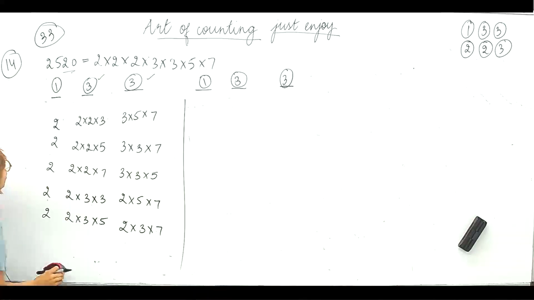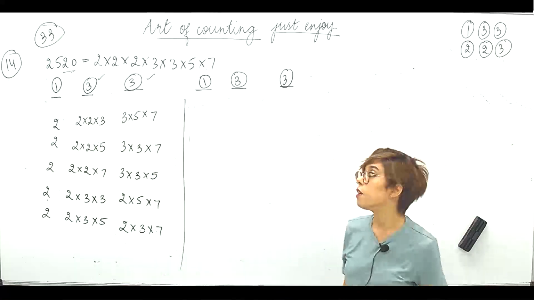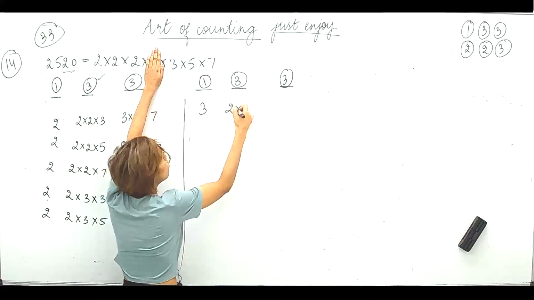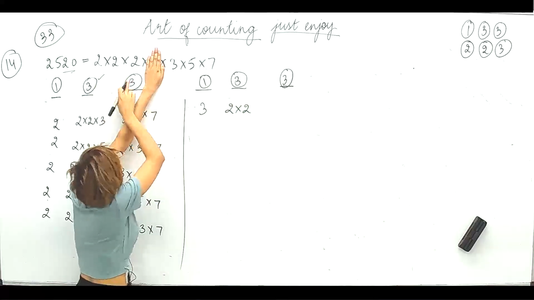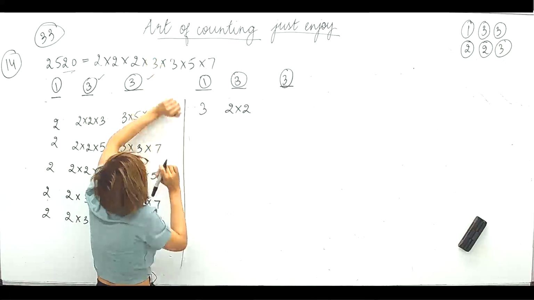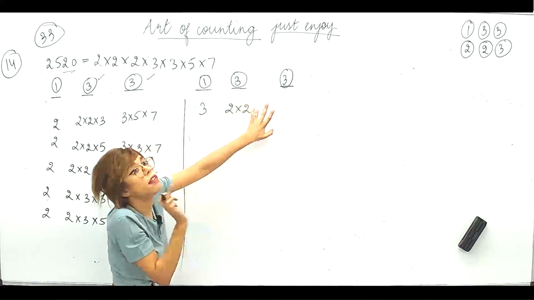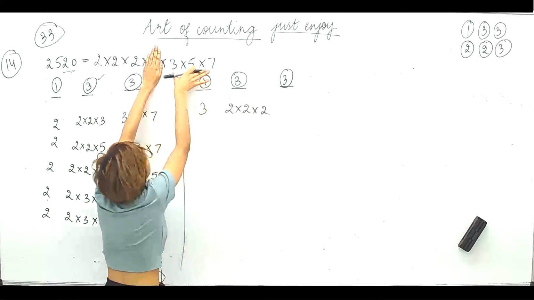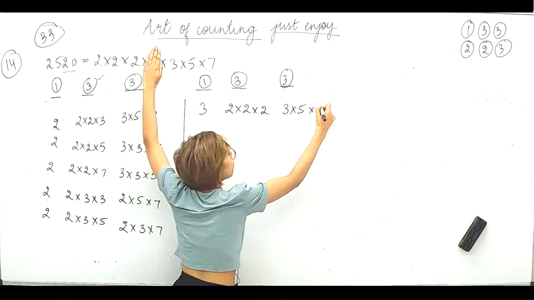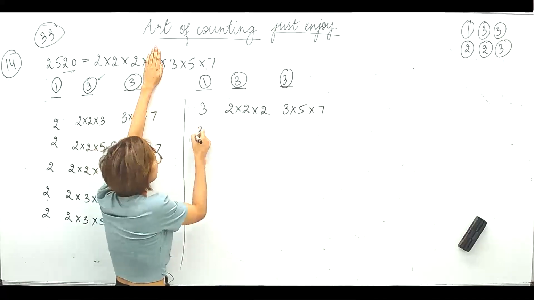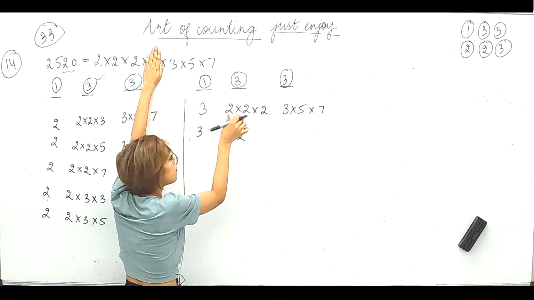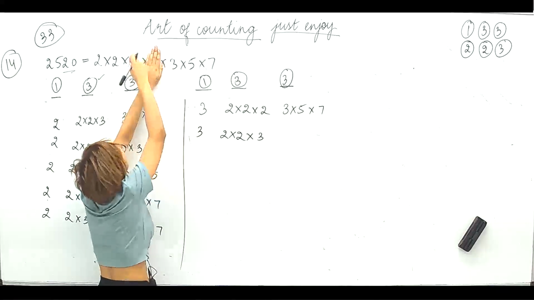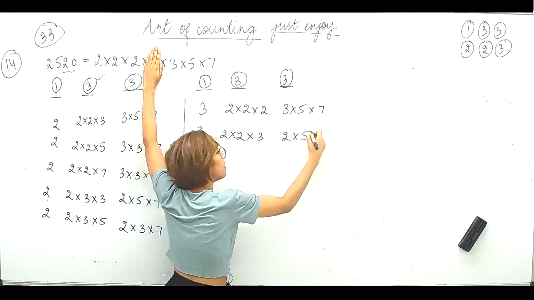Erase it. Now, 2 ones are exhausted, so let's start with the 3. Right? So, if 3 is in the first place, so 2 into 2. Let's start with the basic. 2 into 2 is done, so I'm left with 2 into, okay? Oh, 2 into 2. अभी यहाँ पे third वाला भी डालना है, careful. So, 2 into 2 into 2. Right? I'll be left with 3 into 5 into 7. Right? So, 3 again. So 2 into 2, now into 3, right? So 2 into 2 into 3, I'll be left with 2, 5, 7. So 2 into 5 into 7.